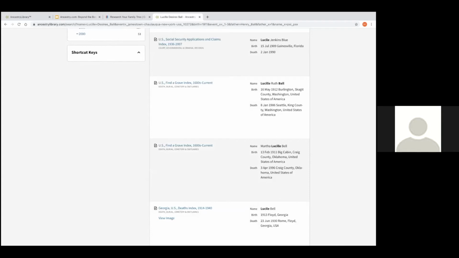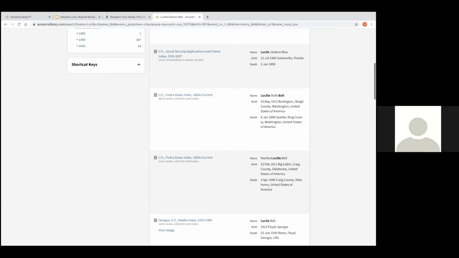And that's something, especially with death certificates, where you'll usually see it list who the informant was. Was this the person who gave the information for the death certificate? Were they a direct family member? Were they a son or a daughter? Or were they a neighbor down the street that didn't really know the family very well? So you have to ask yourself these questions, and that will help you evaluate the records.